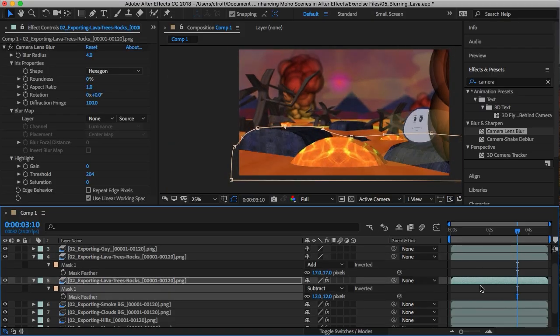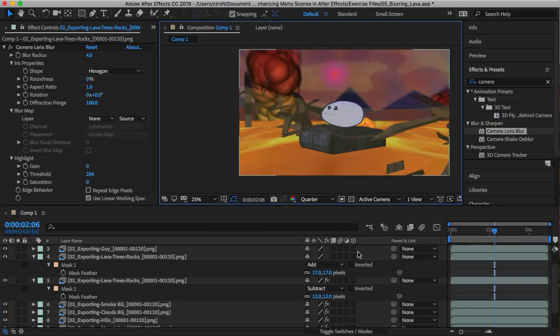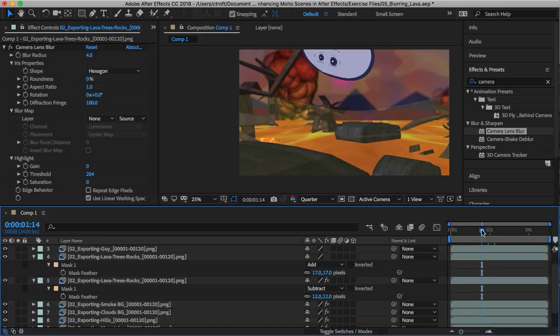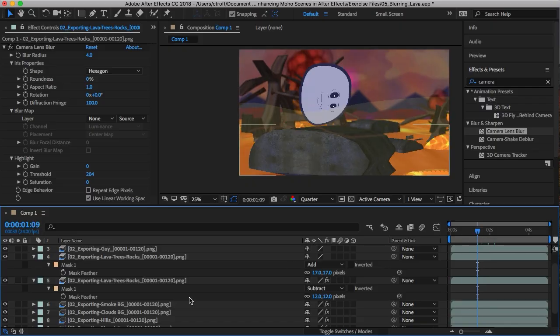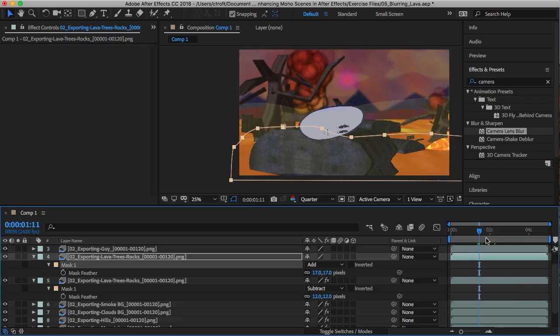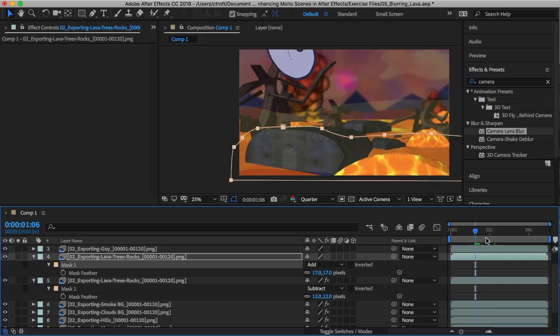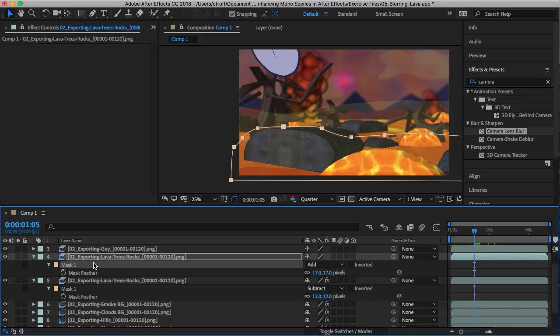The last thing we can do then is come in and just watch how this mask runs. As the mask is playing out here, and let me put this to quarter just so it runs a little bit quicker, we might want to come in and just adjust the mask in some cases. As you can see right here, we have the mask, and it might not even be that obvious. It might be just enough because we have a lot going on, but we can just start here, bring up the mask path,